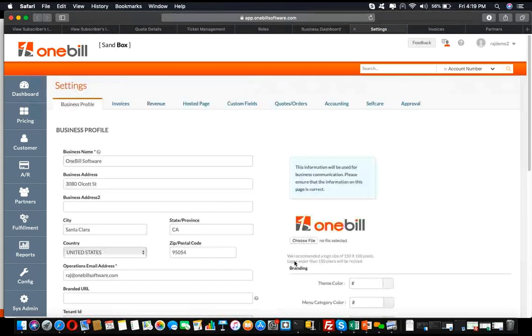Most of the configuration of the user interface is managed from here, so you can do the branding, setting up the color themes, setting up the address, etc., choosing invoice templates, and all of that can be done from our user interface. You can also have channel partners